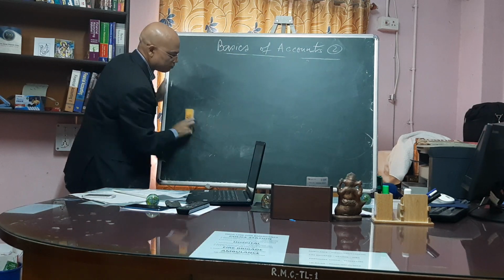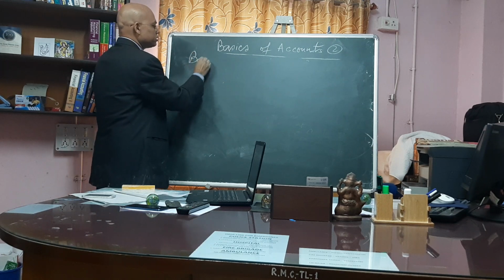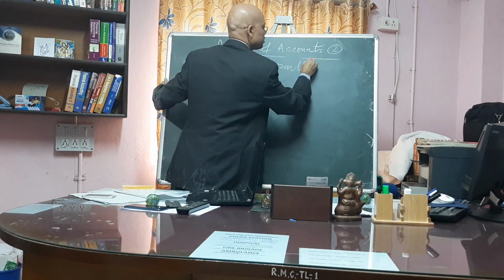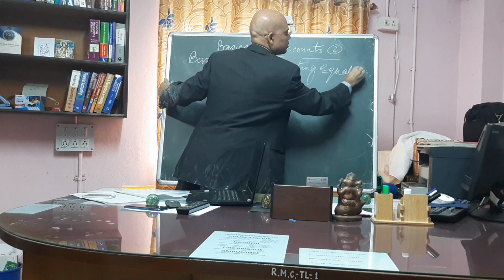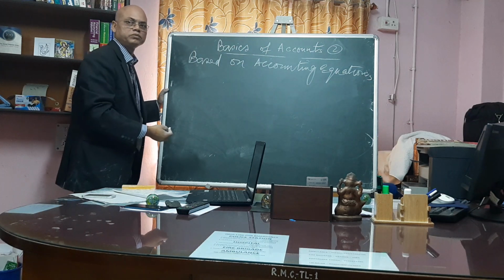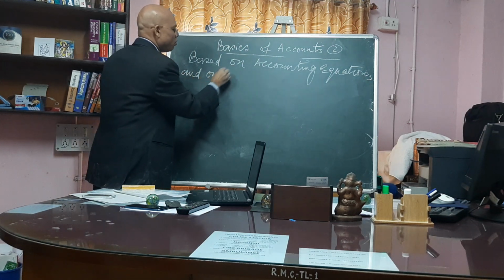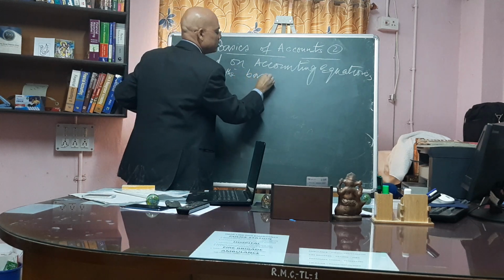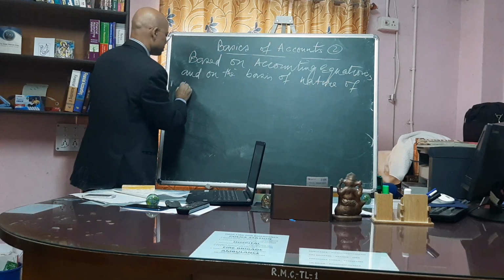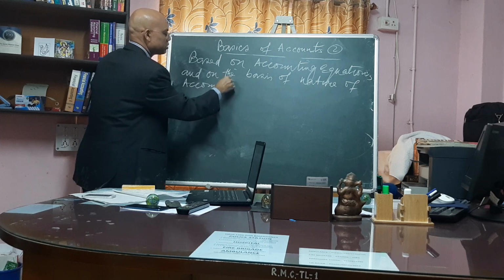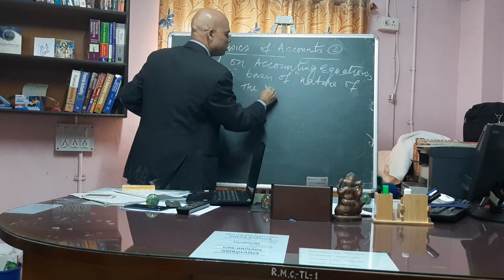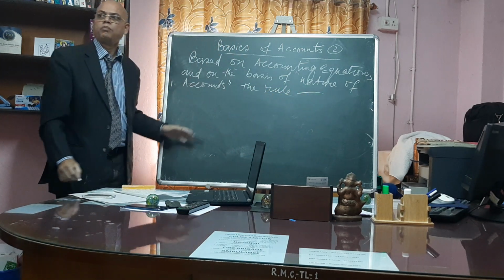Then, based on accounting equation, and on the basis of nature of accounts, the rule for passing journal entries are: